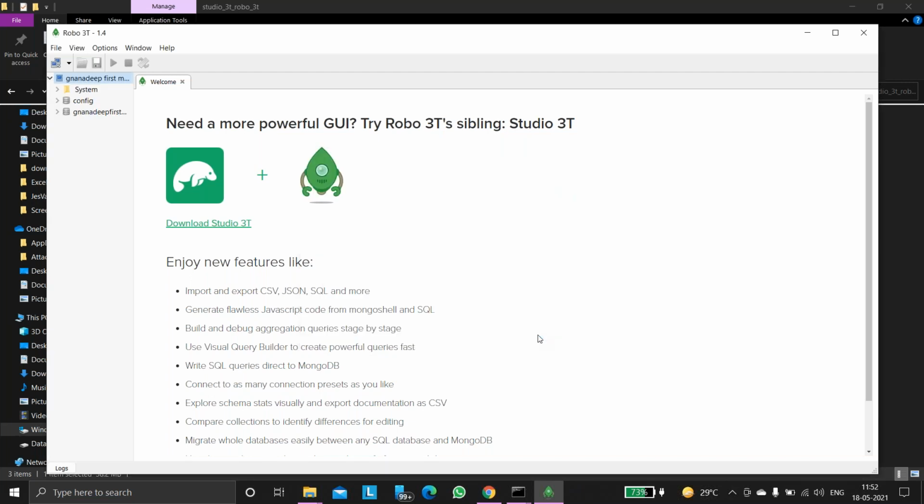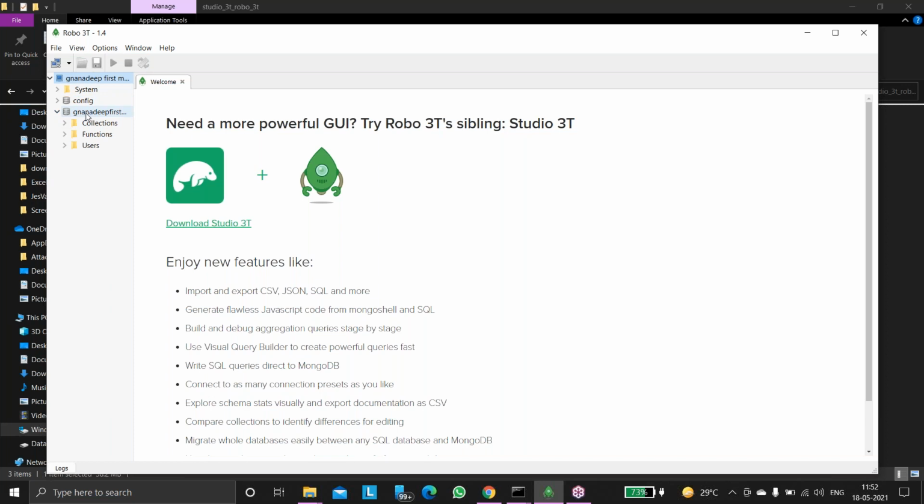And here in this connection only, see there, Gnanadeep first DBase is coming. Okay, right. Give me the access. Don't do anything. Right now, open this. Left side, see there, system config and Gnanadeep first DBase. Gnanadeep, I am not able to control it. Yeah, click there. Fourth option, Gnanadeep first DBase. Yeah, that one only, exactly.